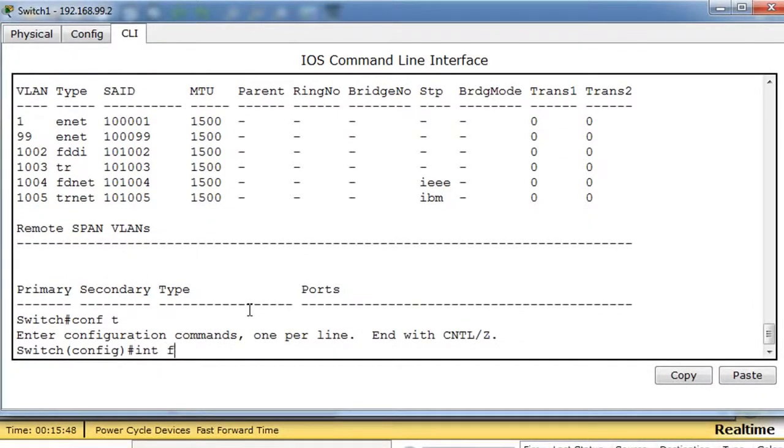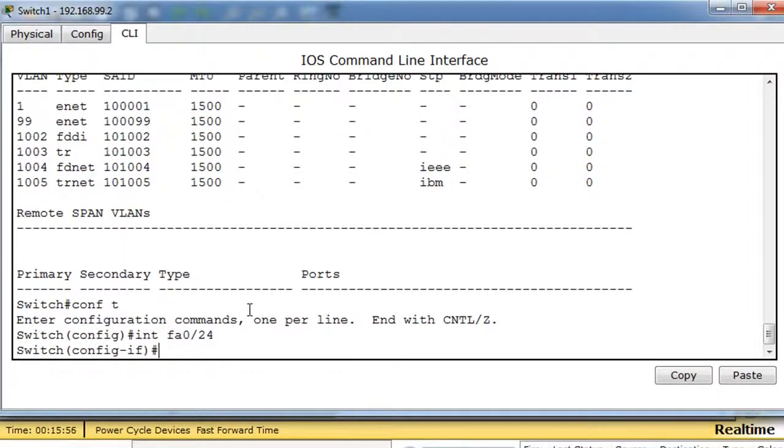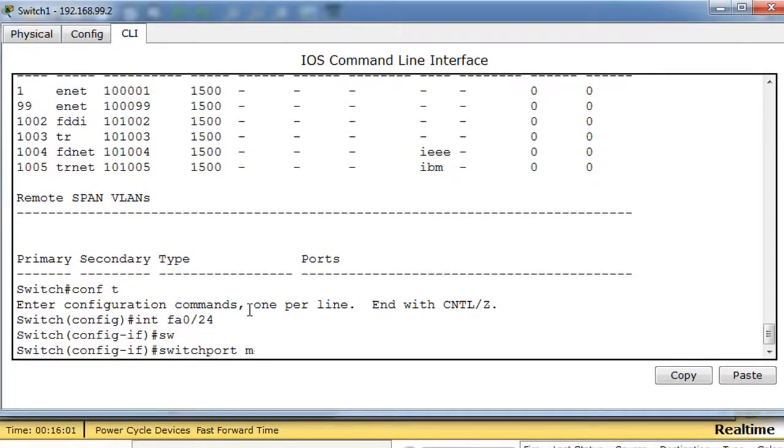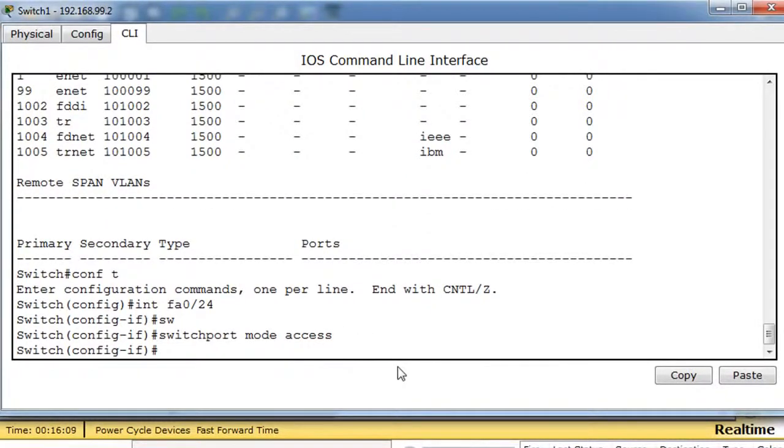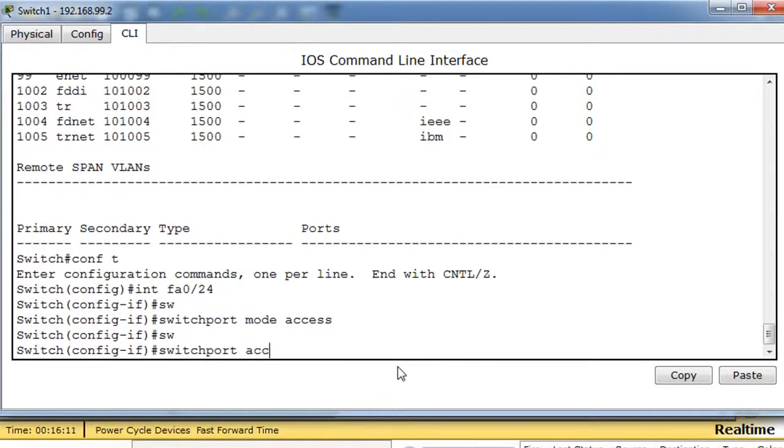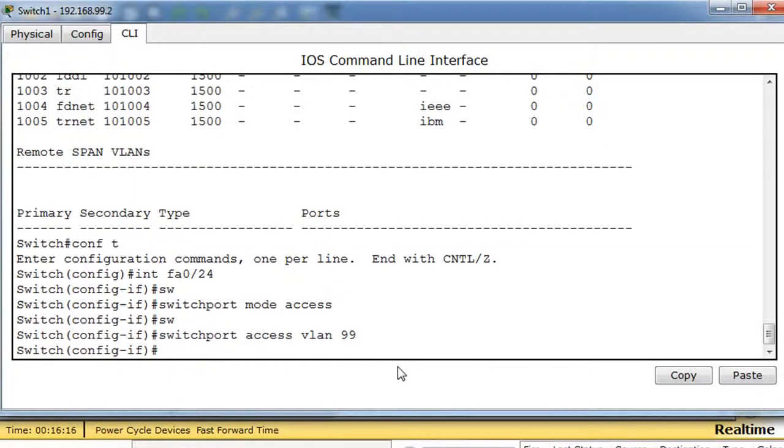Type in interface FA for Fast Ethernet, FA 0/24 for port 24. All right, and I'm going to type in switchport mode access to make it an access mode port, and then I'll type in switchport access VLAN 99. Okay, so I've just gone into interface port 24, turned it to an access port, and made it part of